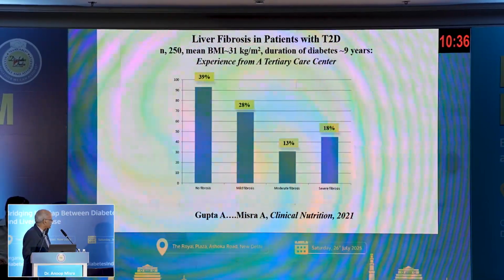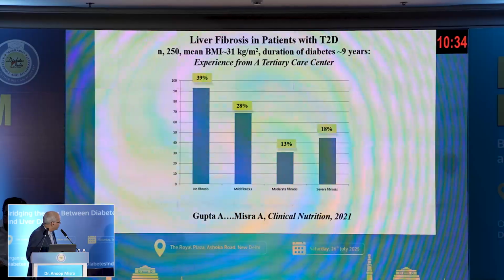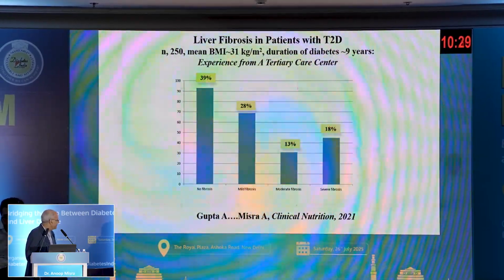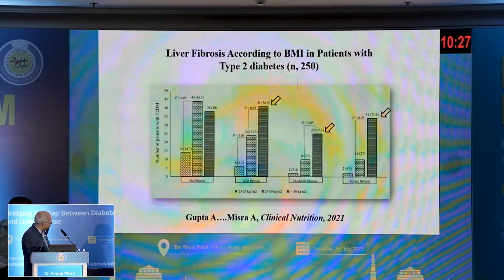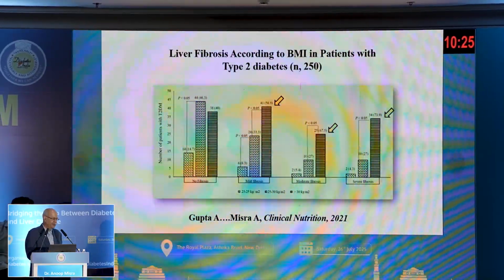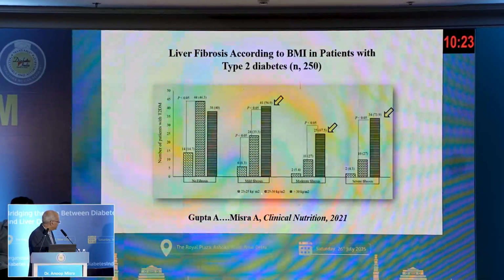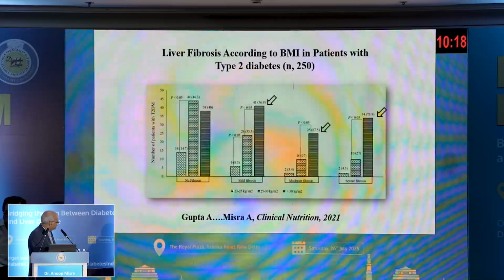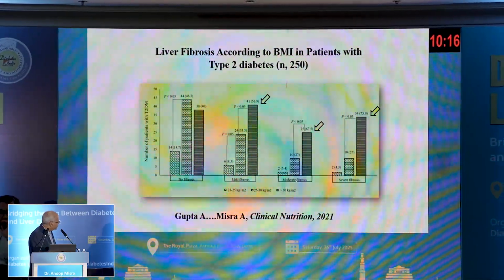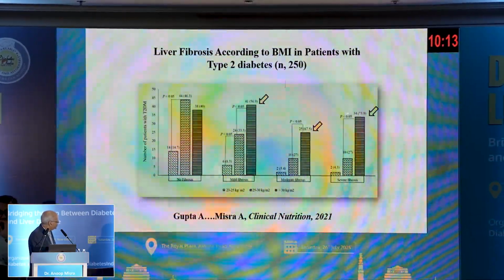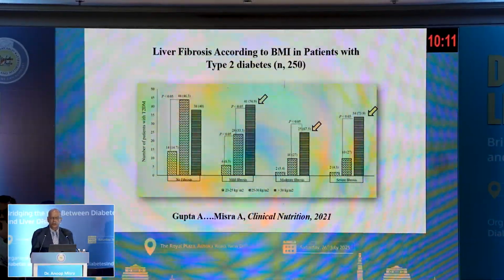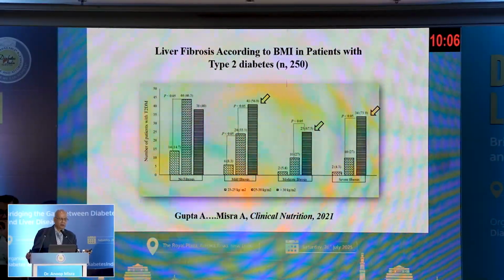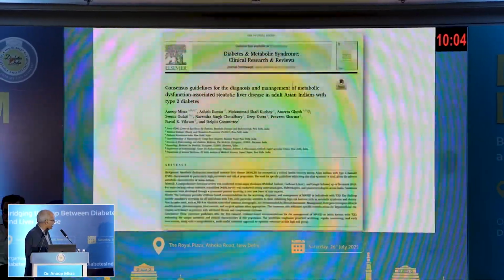And of course, gastroenterologists and hepatologists are already focusing. Severe fibrosis was seen in 18% of the cases. And the higher the BMI, the more the fibrosis. You look at the categories of BMI, 25 to 30 and more than 30, and within them the mild, moderate and severe fibrosis by BMI. So BMI, body fat, is the most important determinant of liver fibrosis, but there are other determinants as well.